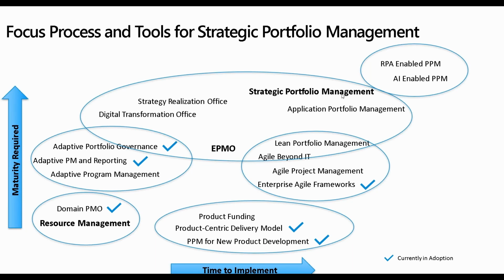So that's why it's more to the right. And I put it obviously to the furthest right, which I'm not sure whether it's entirely correct: time to implement AI-enabled PPM, RPA-enabled PPM. Right now, I'm about to show you how we have Sophia GPT within OnePlan. So